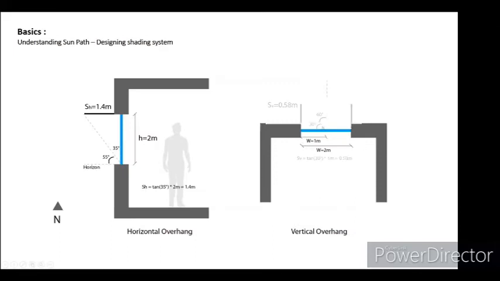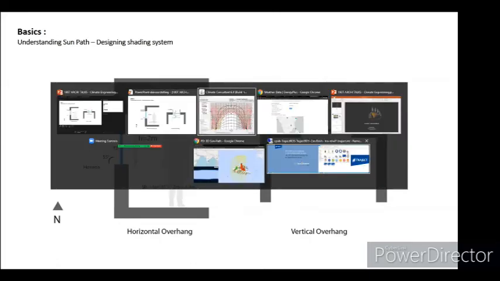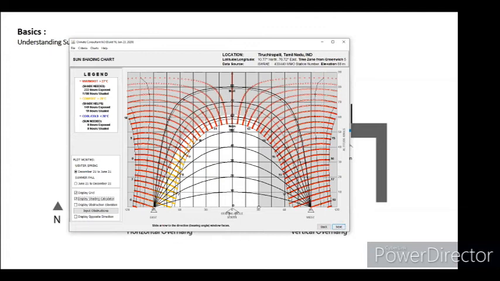So you have a 2 meter window and you take a 60 degree approach from the center, and you design a shading system of 60 centimeters. So a normal window of 2 meter by 2 meter requires at least 1.4 meter of shading in horizontal and 60 centimeters of shading on the west. This is how you can always go for complicated parametric simulations, which many of us do. But it's always important to understand the root basics and use a simple open source tool to start with the concept.